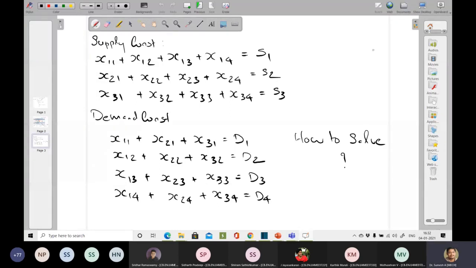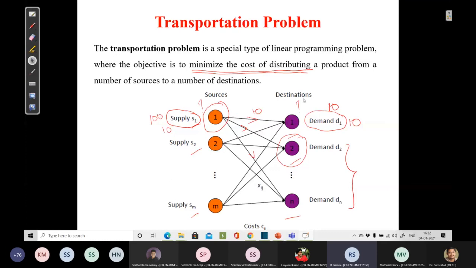So how to solve this? Sir, by using assumptions, sir. For example, for a particular type of product, we are assuming supply equaling demand. And we could equate them so that some of the existing variables get cancelled, so that we would be actually reducing the number of variables. Okay, so yeah, I'll come to it.